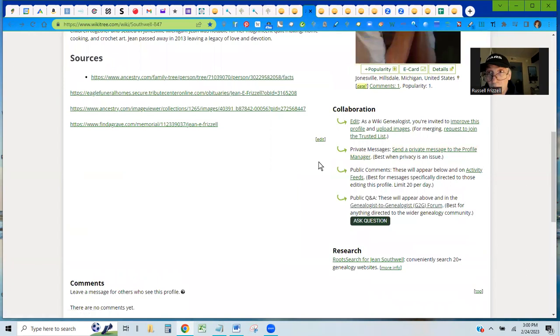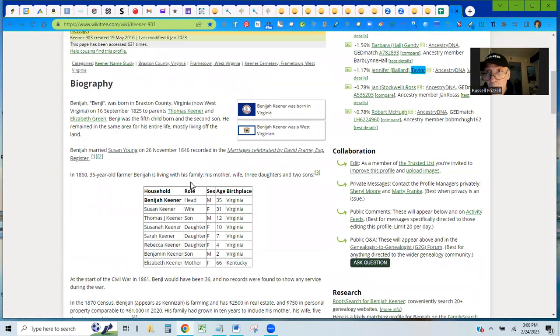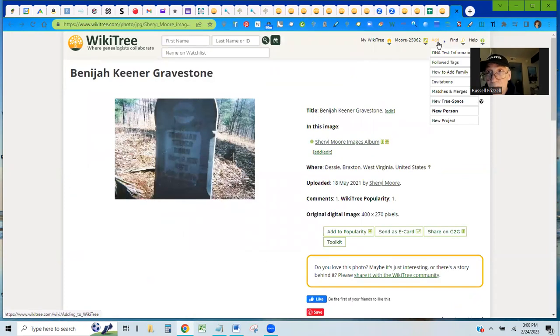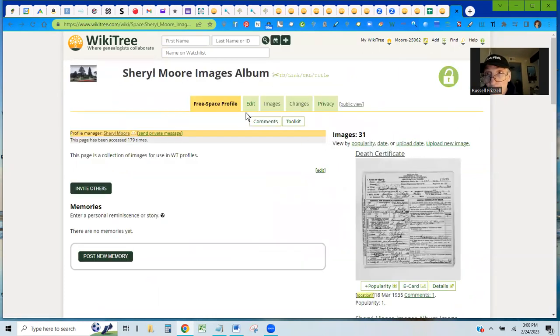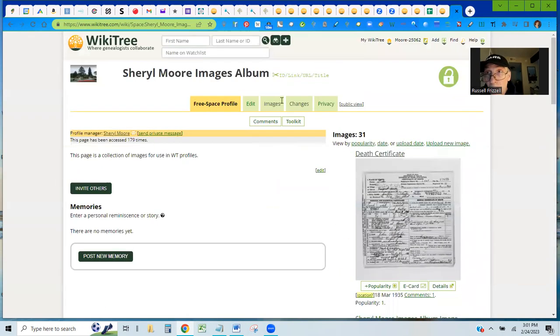If you don't want that to happen and you just want the photo within the text, like I have here, you can set up a free space page, and that would just be add new free space page under the add tab. And you see, I have a photo album set up for images where they do show on the right side. But when I go to that particular image, I have it here,